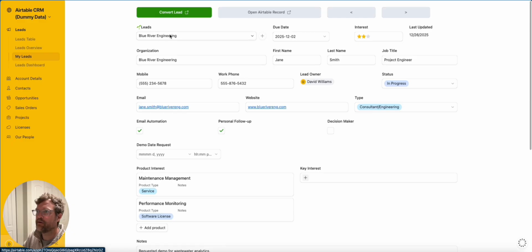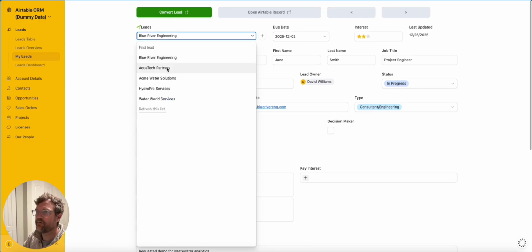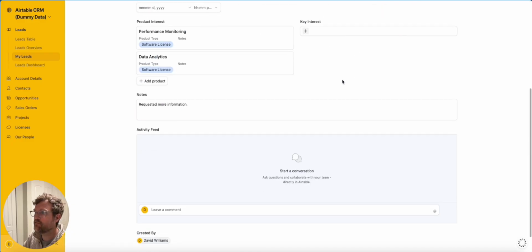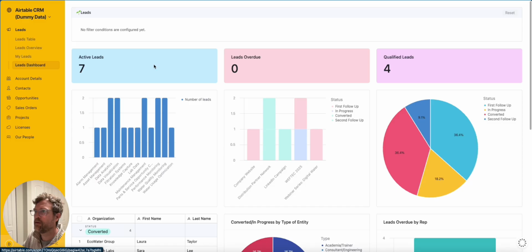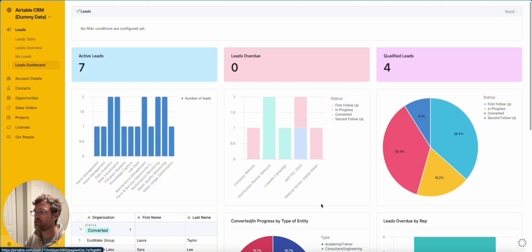You can come in here and see these different leads in a detailed format, more of a form view. But then the next is getting into the key KPIs of your leads dashboards and your leads module. There are three things I want to know when I am looking at leads. One is where are my leads coming from and how are they converting. So this is your source table,